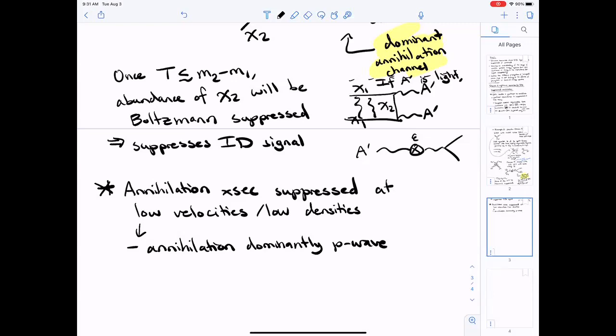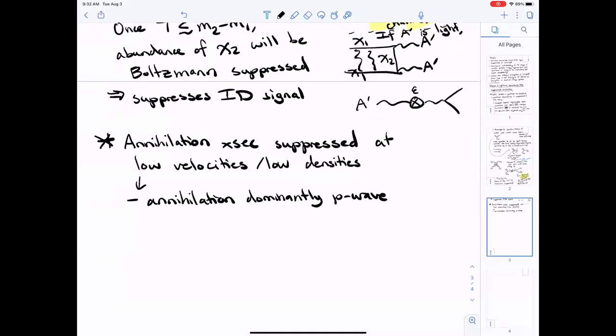Question: wouldn't suppression at low densities just be the same thing as the dark matter particles not being able to find each other? Yeah, effectively. What I mean is if you have an extra suppression at low densities beyond what is usually assumed for the two body case. For example, if I'm relying on a three body interaction or similar, there'll be an extra density scaling that comes into the picture. Or there are some more exotic models where the particle physics of the problem depends explicitly on the background, and so then you might also be in that category.